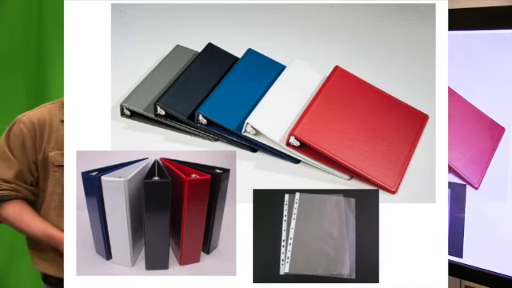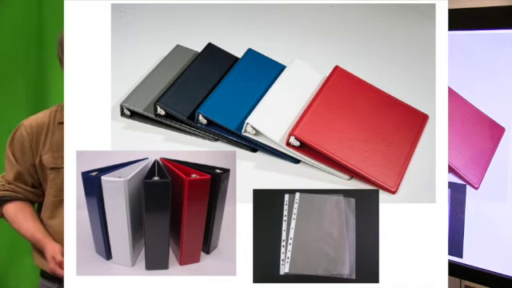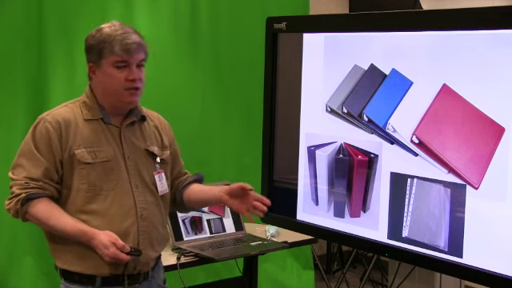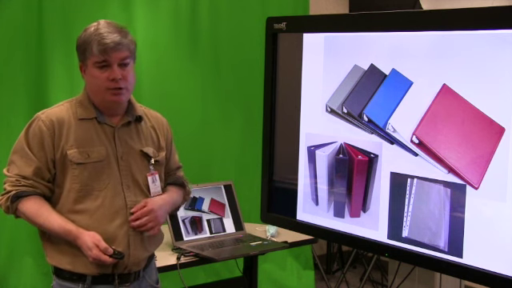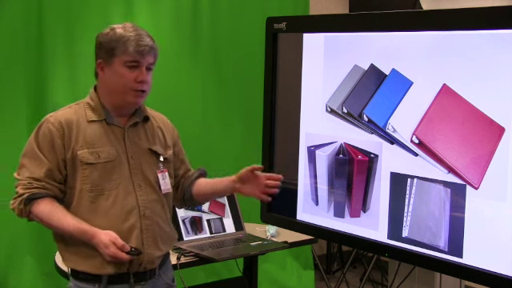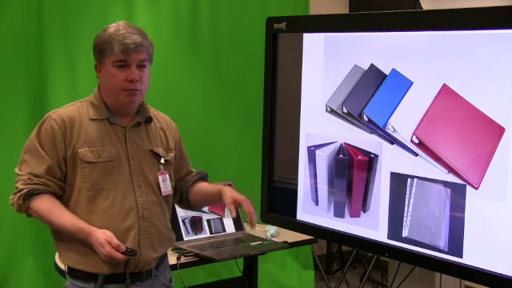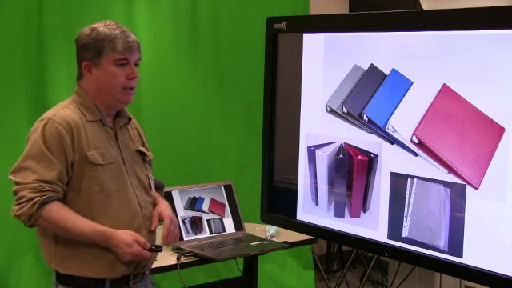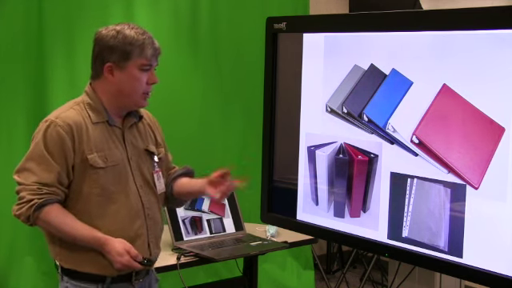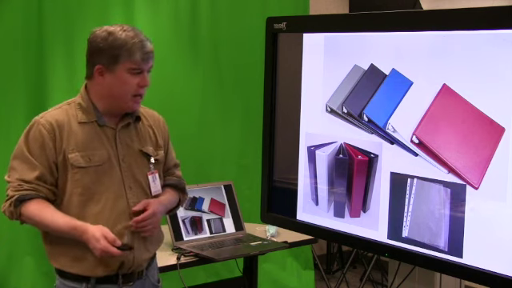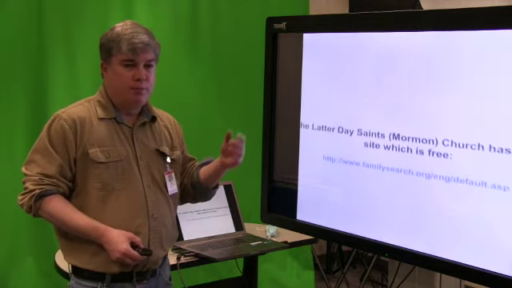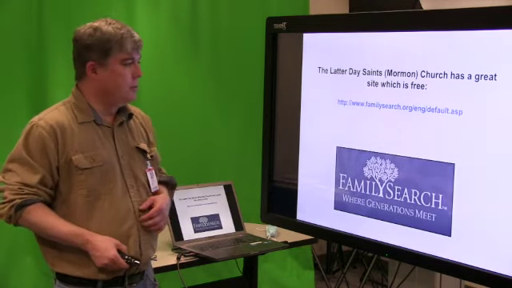So I don't put mine in different binders because I don't have quite as many record documents as he did, but I do use these plastic documents. So this is an easy way that you can organize your documents. You may want to put a descendancy chart from Family Tree Maker that you've typed up in the beginning with family group sheets for each family, just as sort of an index for the records that you've got on those families. But this is a quick and easy way to organize. I forgot to bring one of mine. I might have one over there, but that's all right. And you can get those binders at Walmart for like $2.99 or something.